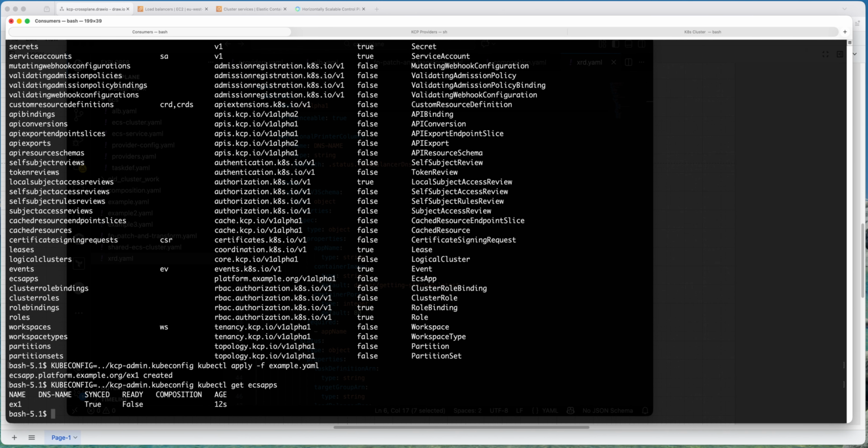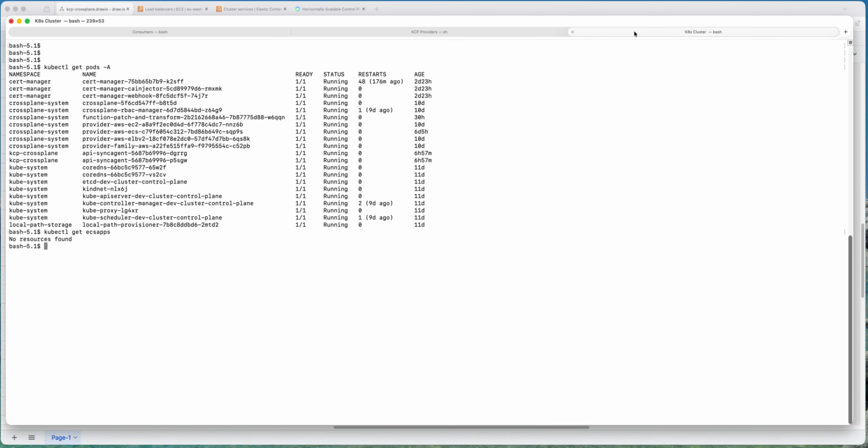Okay, it takes a little bit of time, but if I go to the provider, the Kubernetes provider, and do kubectl get ECS apps as well, you start to see it was created 25 seconds ago. And if I do kubectl get managed,